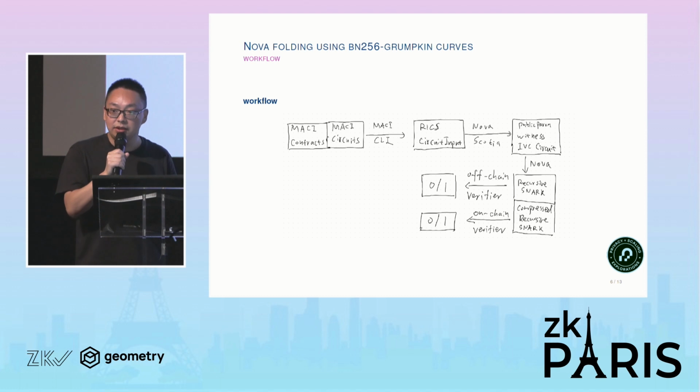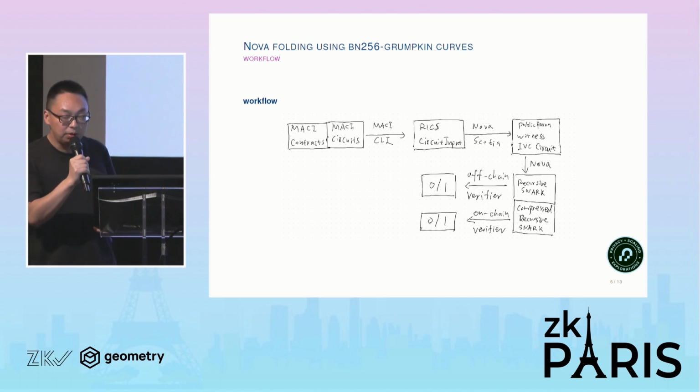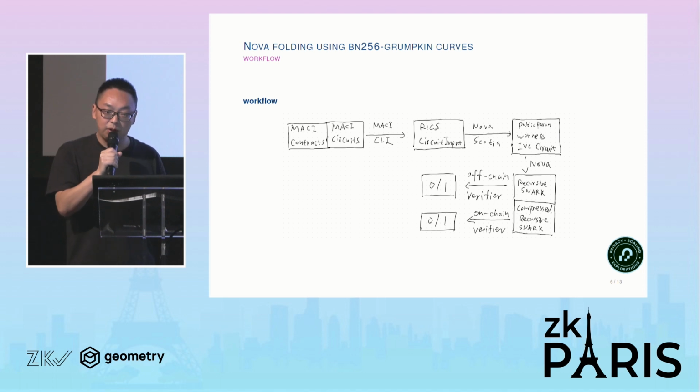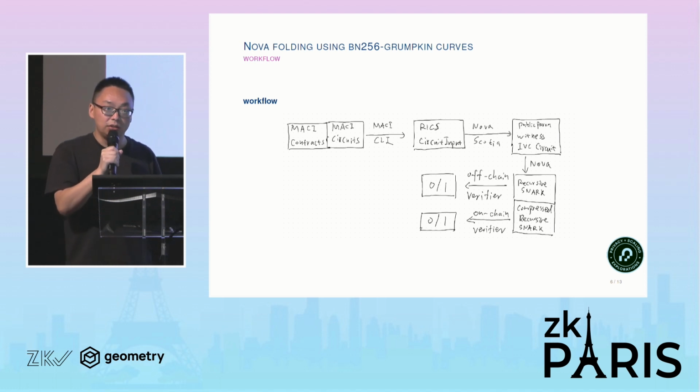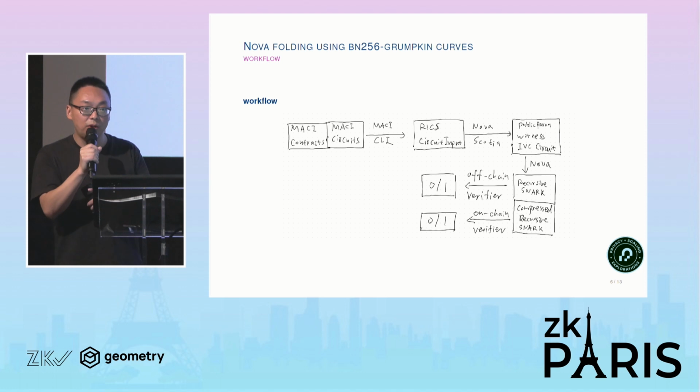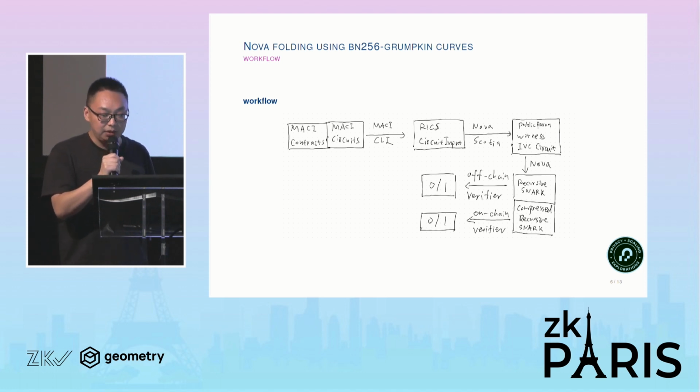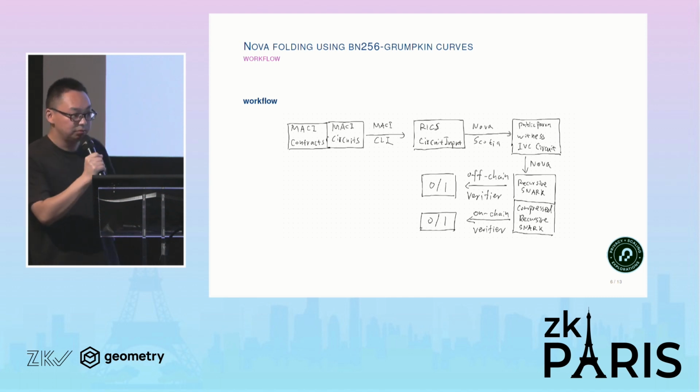With all of this output from Nova Scotia, we can directly call the Nova library. The Nova library takes the output from Nova Scotia and generates a recursive SNARK for each step. Suppose we have n steps, we just apply this n times to get a final recursive SNARK, or the compressed recursive SNARK. As the last step, we call the verifier. Currently, we have the off-chain verifier written in Rust in the Nova library, so we can verify it. After the verification passes, it means all of the previous n steps are correct. So this is the workflow.